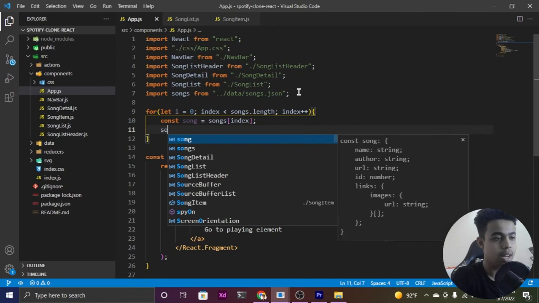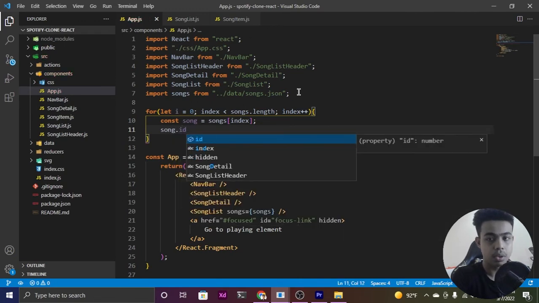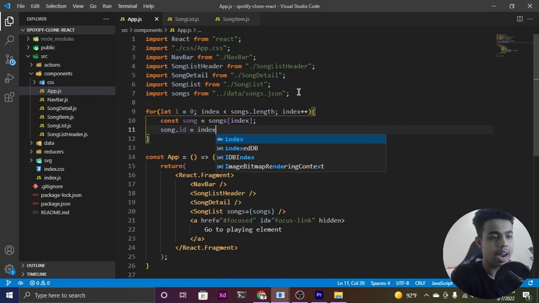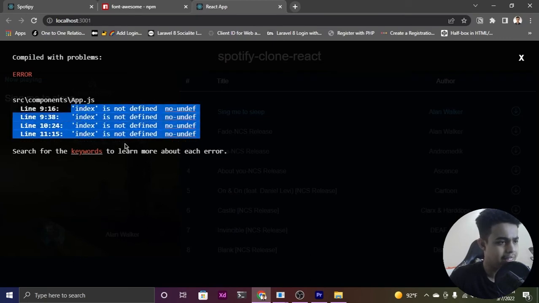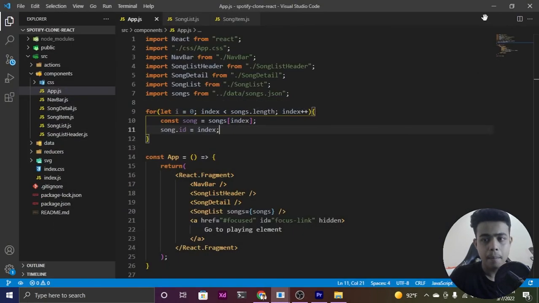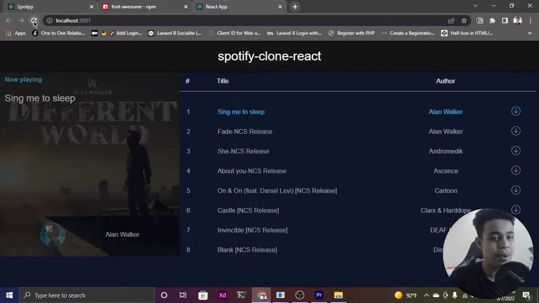And then for the song, I'm going to select the specific song's id, song.id, that is going to be the id for my songs. That's it. Now let me open my project, and as you can see, this index is not defined. Why is that happening? It's not index, it's i. I apologize for that. So now let me come back over here, and boom guys, as you can see,